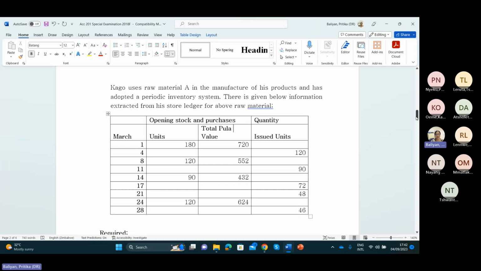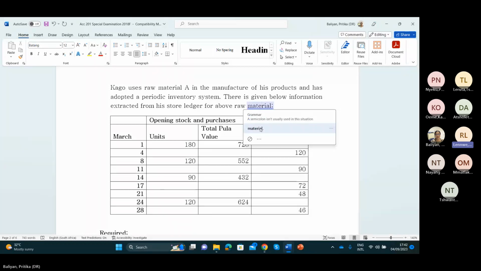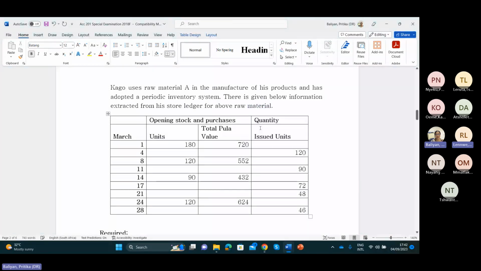Okay, first of all, the question is the unit left is 134, right? So which 134 units are left under FIFO method? Isn't it going to be on the 1st of March where you see 134 units? Under FIFO,